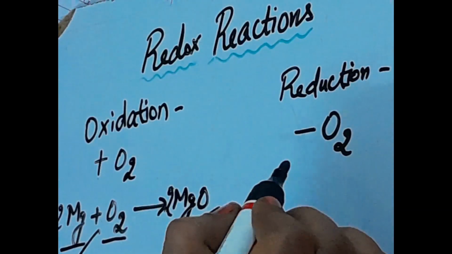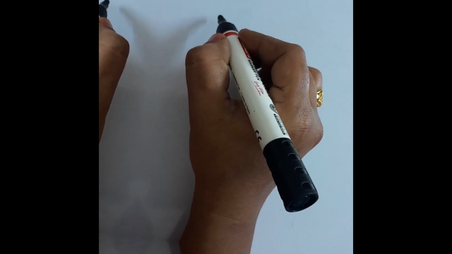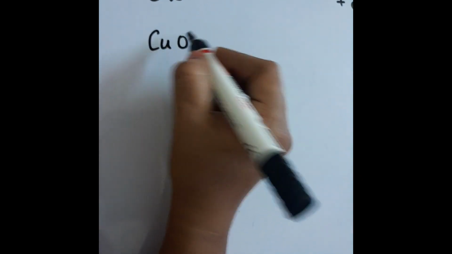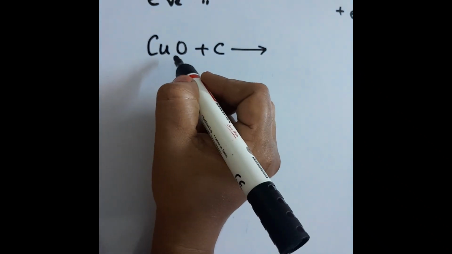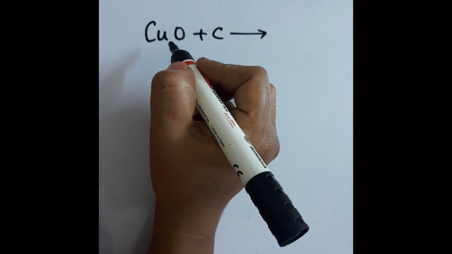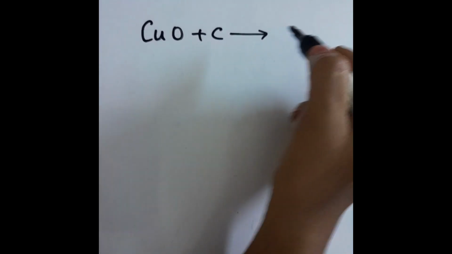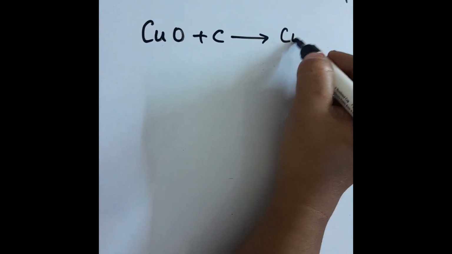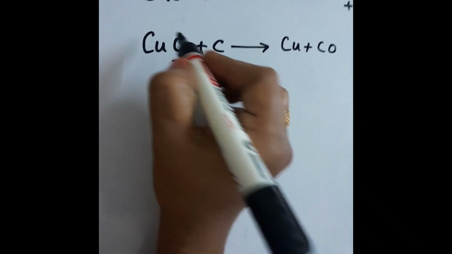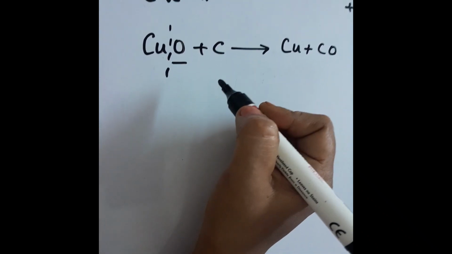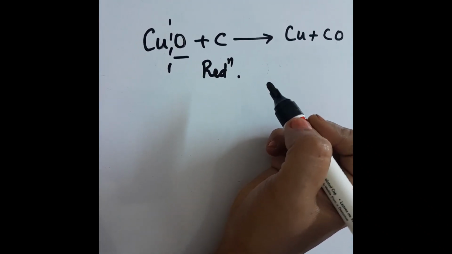Now we'll see another example. So students, we were discussing reduction reaction, an example for that. Suppose you have copper oxide reacting with carbon. This is actually called cupric oxide. You have two different variations, one is cupric and the other one is cuprous. If you have Cu2O, that will become cuprous. This is cupric oxide reacting with carbon gives you copper plus carbon monoxide. So if you look at it here, oxygen is removed from the reactant side and hence this is called reduction reaction. So we saw that addition of oxygen is oxidation, removal of oxygen is reduction.